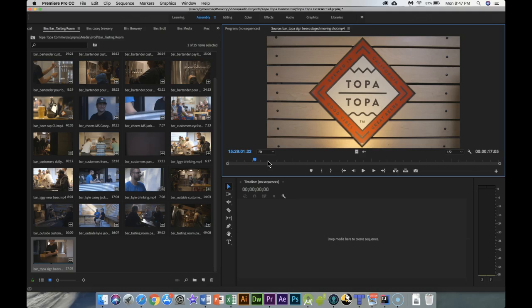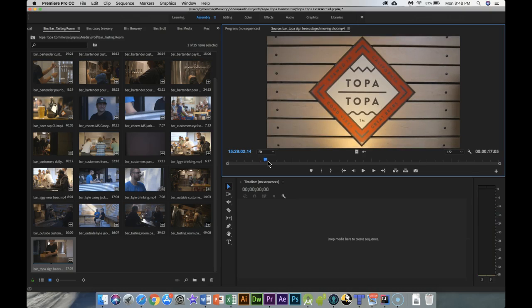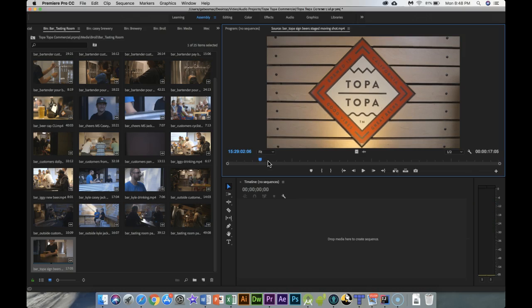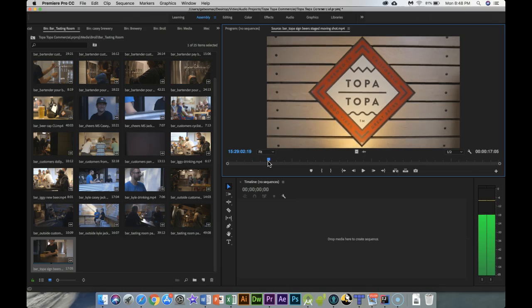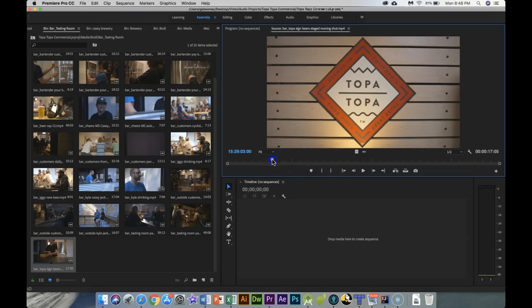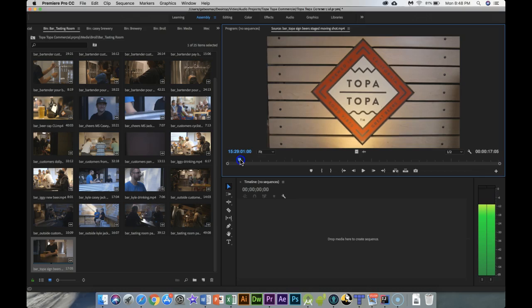J, K, and L, you should start getting used to not using the mouse if you can. J, K, and L is rewind, pause, and play forward. You could hold K and L to go forward in slow-mo. You could rewind by holding J and K to go rewind in slow-mo. You could go frame by frame by using the arrow keys. Okay, so let's say that I find where I want,